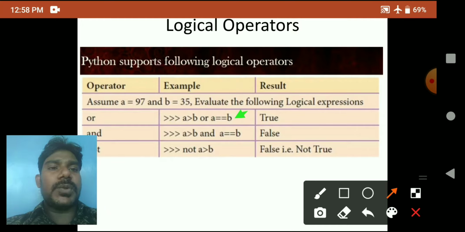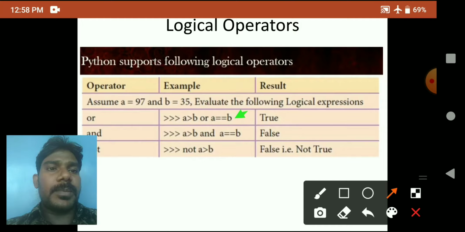Here two expressions are there, and the or operator is used. We have to compare both expressions and find the result.